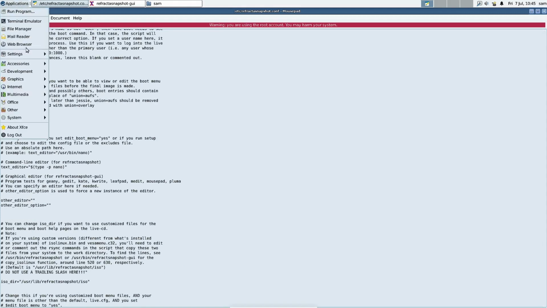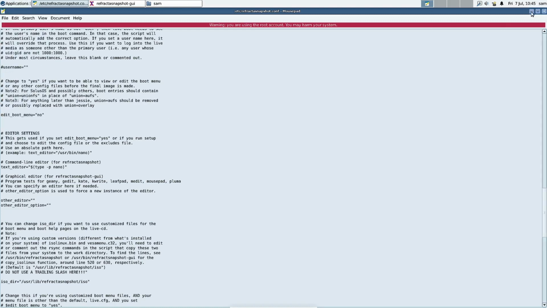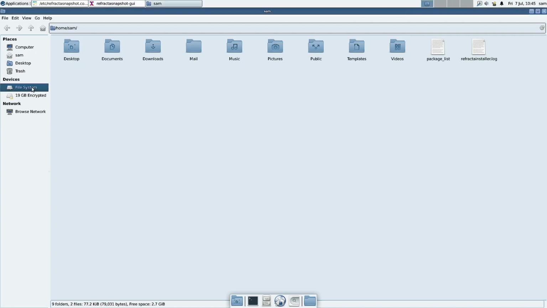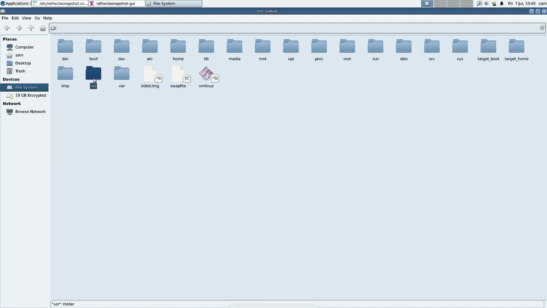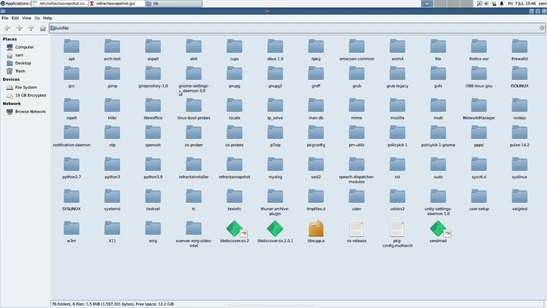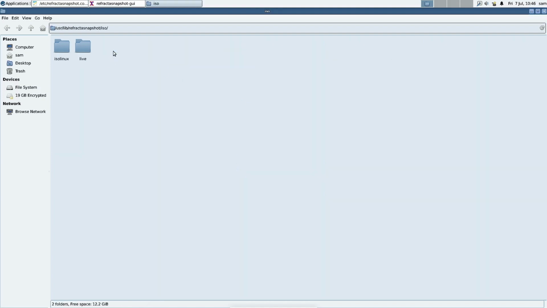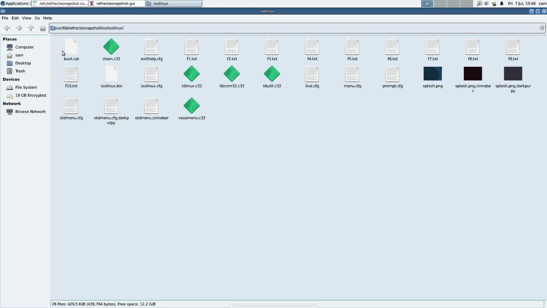So we'll have to open the file system, usr, lib, refractasnapshot, and the ISO. Yes, so it has created the ISO here. You can see it here, the ISO is available here. So the ISO has been created, and you just have to copy this file,